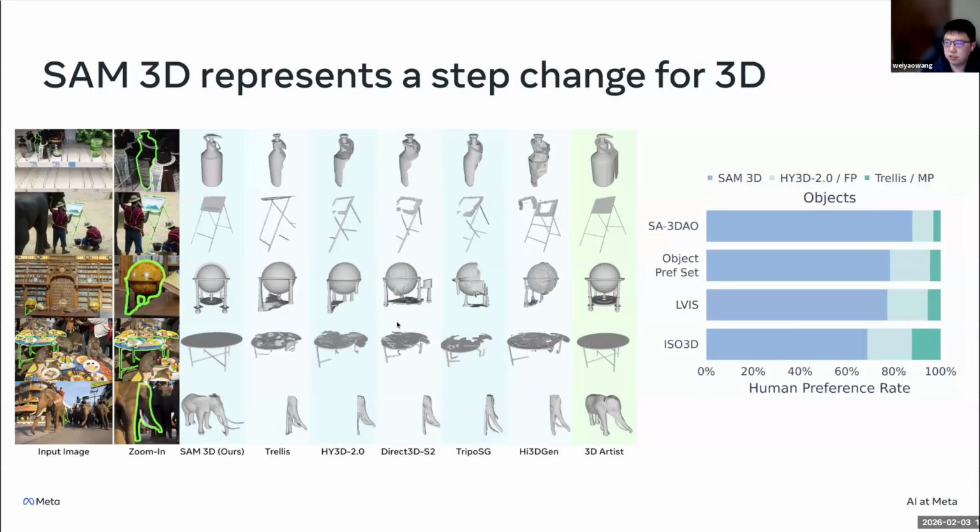On the left, these are the visual examples. And we highlight here the 3D artist results, which is like the human upper bound. We can say SAM3D is pretty close and sometimes even has more details than what the artist can generate. And when we run an actual quantitative human preference test, SAM3D is overwhelmingly preferred over all the public baselines available. So at the object level, things are looking pretty solid.